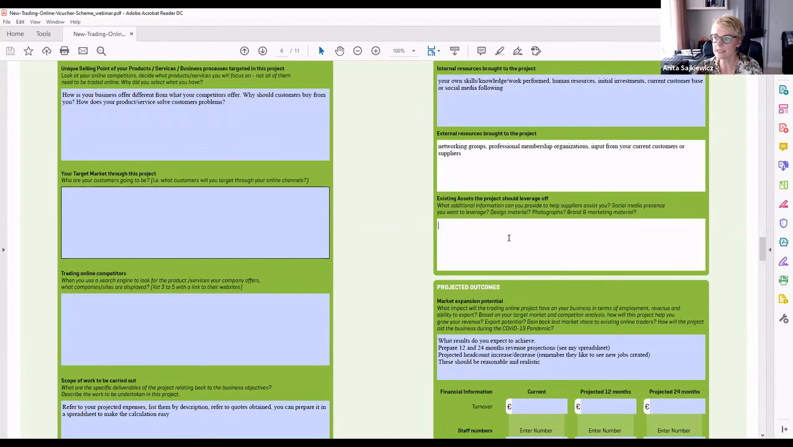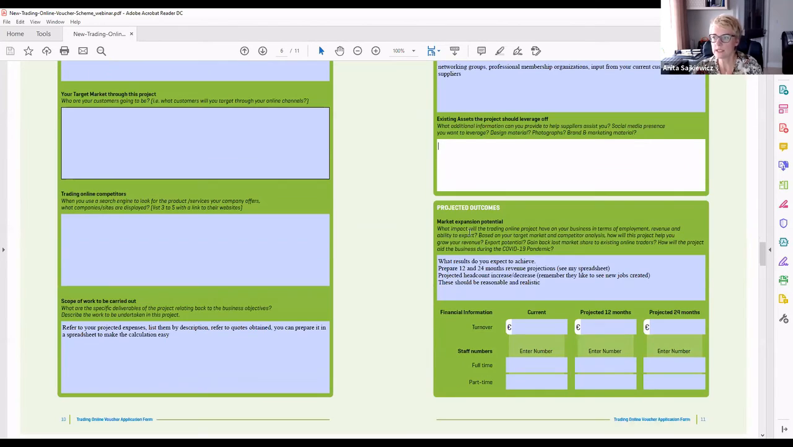Existing assets of the project. So again, any marketing materials, any photographs, any existing website, any existing social media following, it can be included here. Projected outcomes. So in this section, you have to tell them a bit more about how this project is going to change your